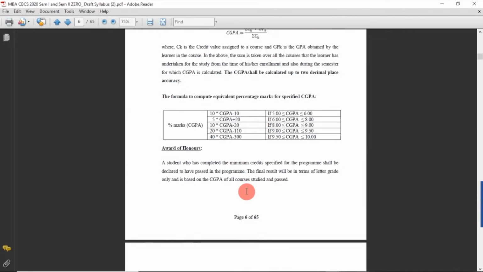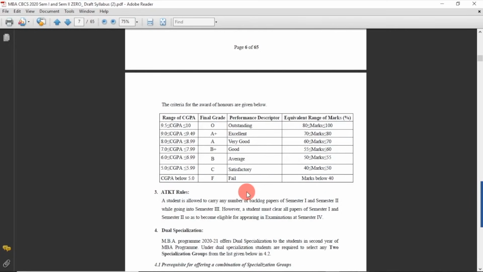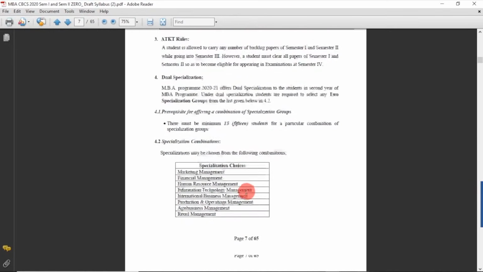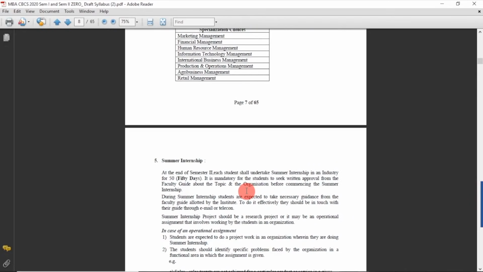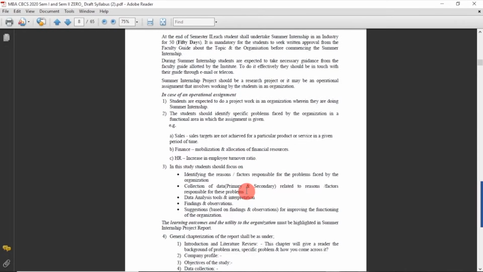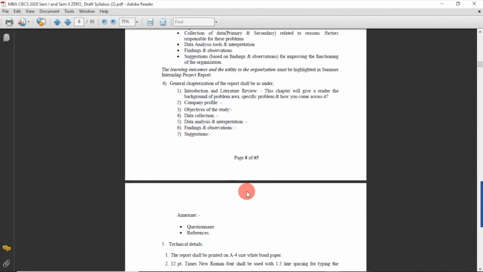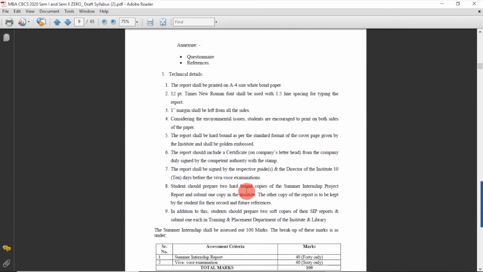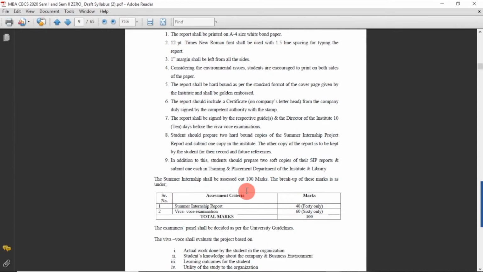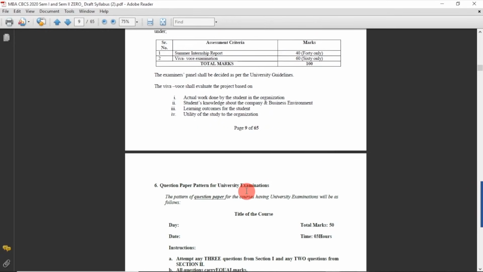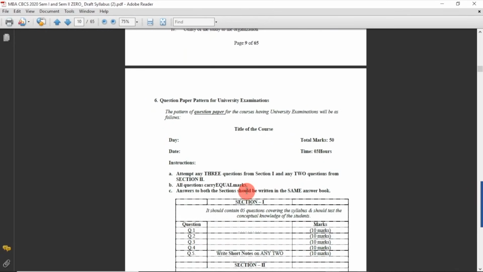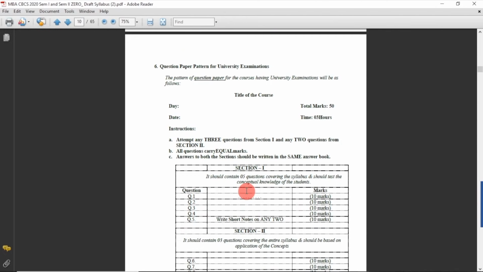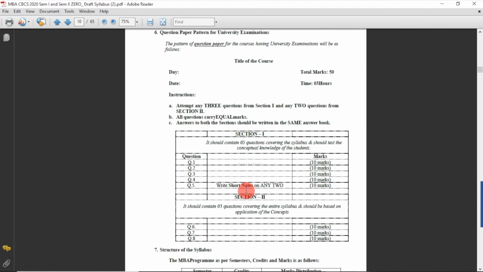So just see the syllabus in the beginning. About 15 to 20 pages are very important, because it tells us about the structure, the assessment, what all reports are involved in this particular course and how the reports have to be taken care of, right? And just see here, in the syllabus itself we have also told what the template of the question paper will be.